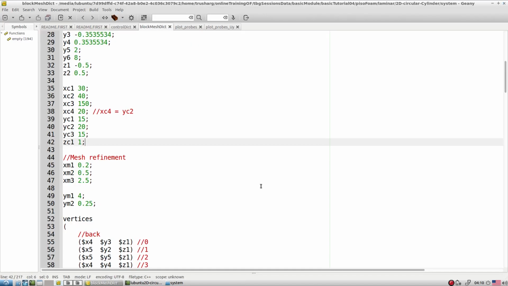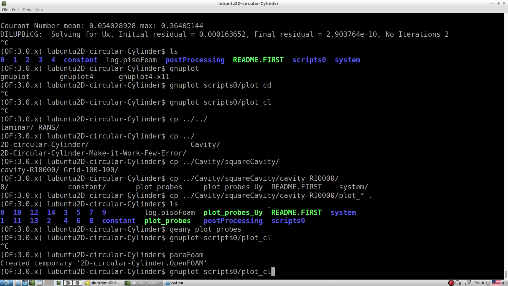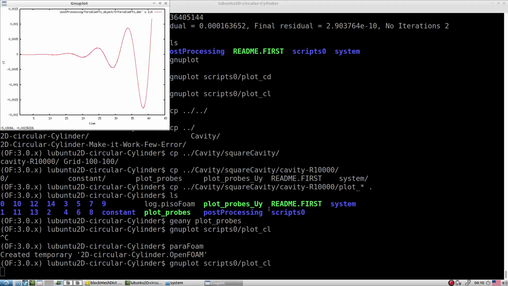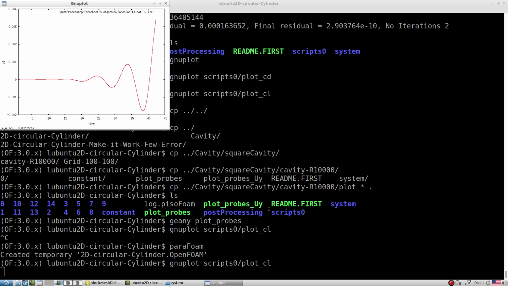The unsteadiness is yet to start. Let's check the CL value. Now it's almost going to start. It's going very fast at an upper level. Maybe when you refine the mesh, you can see this dynamic nature trigger quite early. Right now we have to wait till something like 50 to 60 seconds, but when you refine the mesh, you may observe that this unsteadiness triggers even at something like 20 or 15.